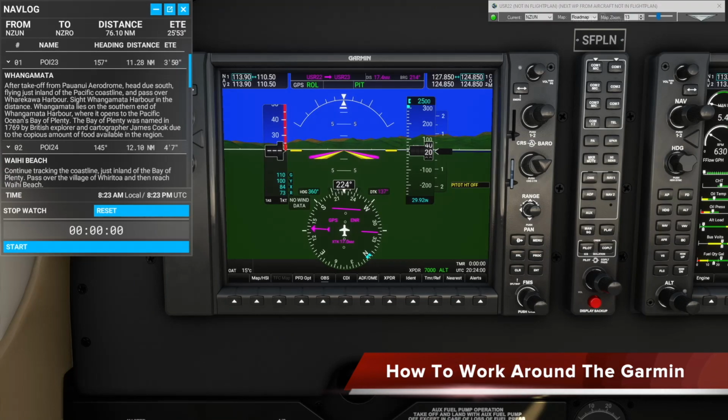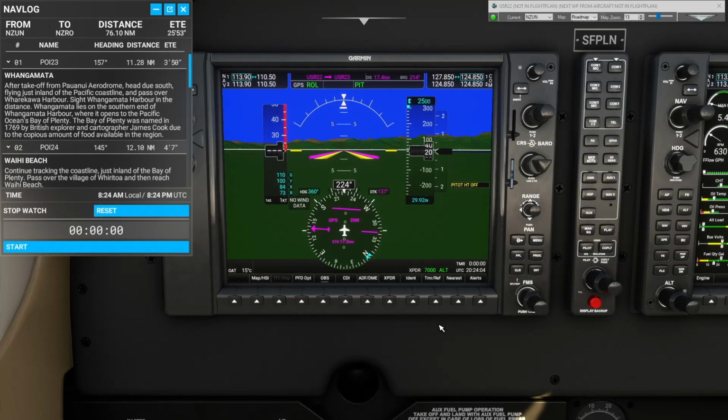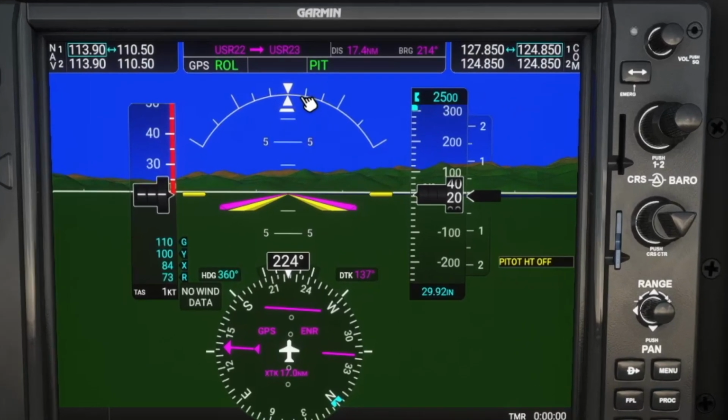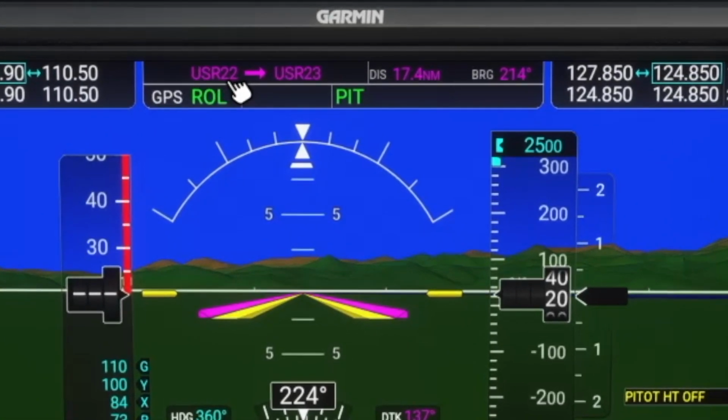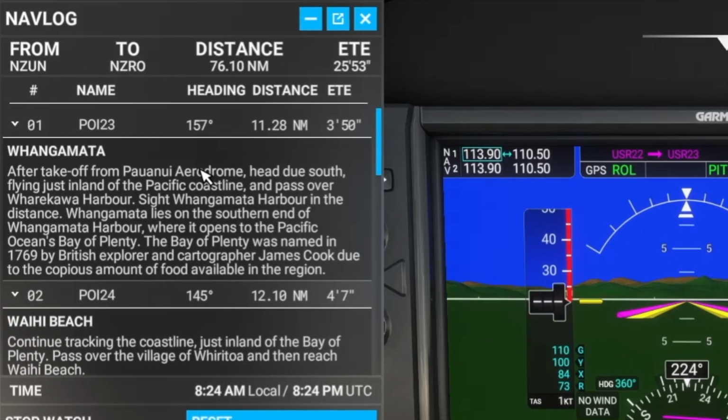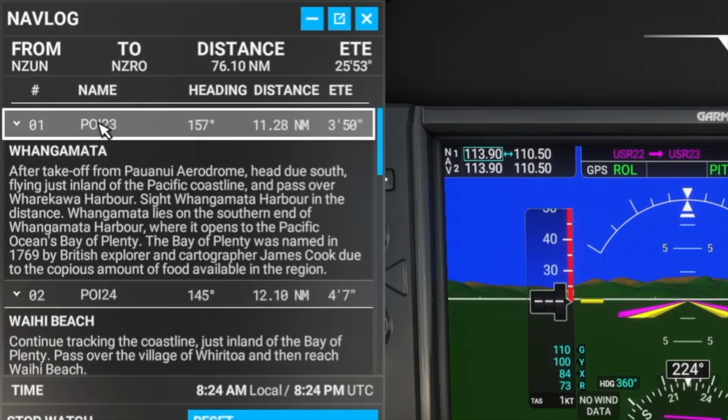This is the North New Zealand bush trip. It's flying the Beechcraft Bonanza with the Garmin cockpit. And notice what happens. The Garmin changes the waypoint numbers to USR 22 and 23, which really aren't even correct